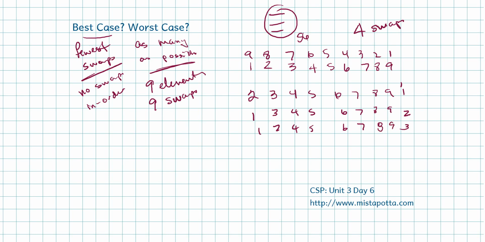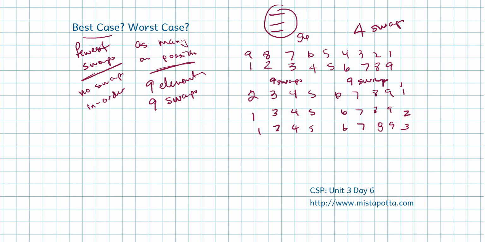This situation is going to have 9 swaps, but the thing is, a bubble sort, which would have taken care of this in one pass, is also going to have 9 swaps. So notice that even our worst case scenario is still better than a bubble sort, or just as good as a bubble sort. So that's something to keep in mind, is that when we're talking about this selection sort, this